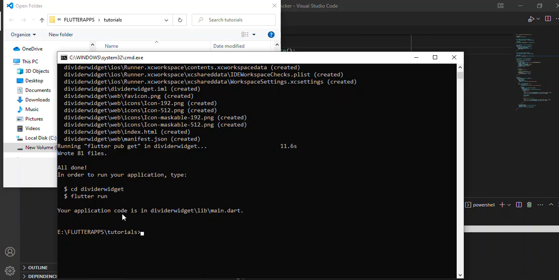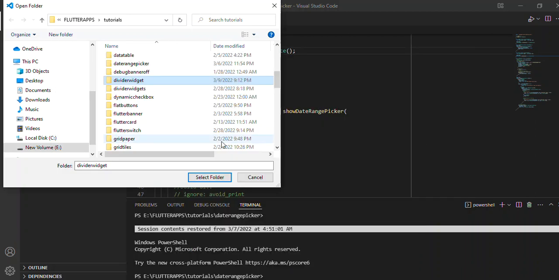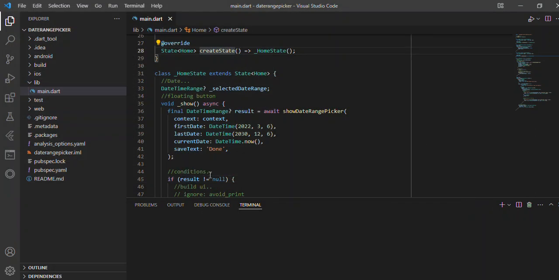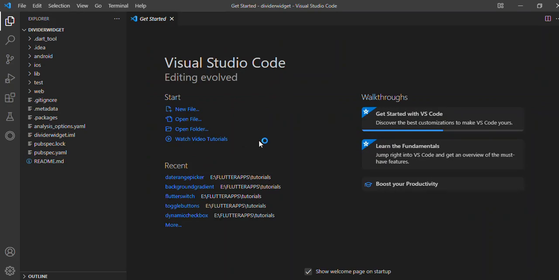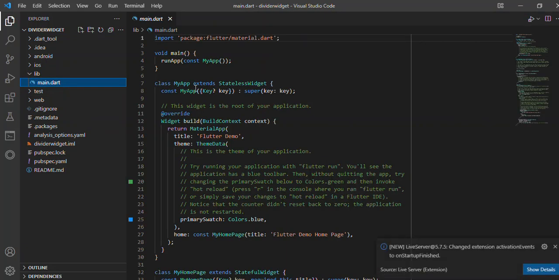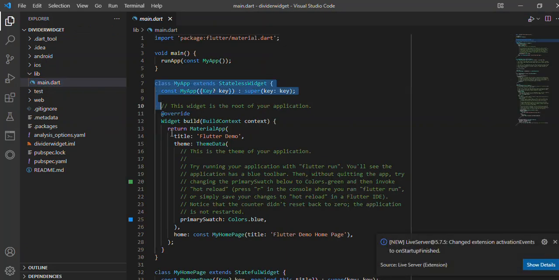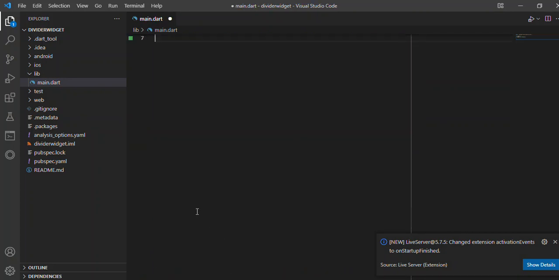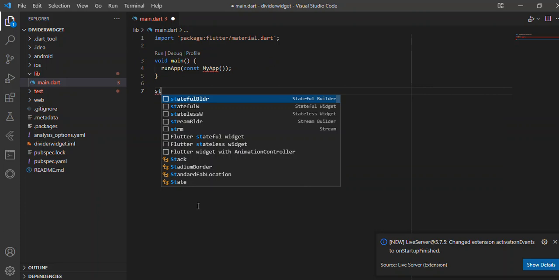Based on what we have is just the divider widget. But remember, I made videos for you guys previously on making a divider widget. So in this video, I'm not going to waste much time. I'm just going to explain more and show you how best you can come up with a divider widget. Now I'm going to remove all of this if it's okay with you. So this can just be a stateless widget,